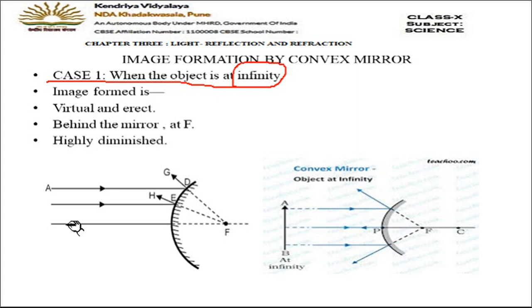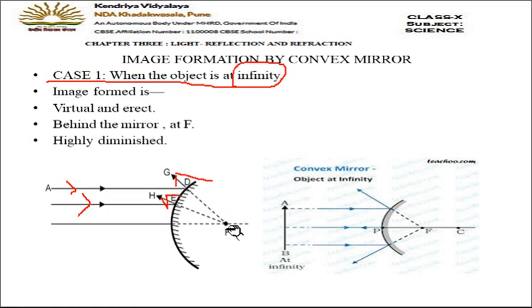So let us discuss the first one. These two parallel rays are coming from the infinity and they strike the mirror at point D and point E. After reflection, you will backtrace the rays and it will appear that they are coming from focus point F, and if you make it straight then they will get reflected in this way. Backtraced reflected rays will appear to be coming from point F. This was rule number 1 which we have studied now.